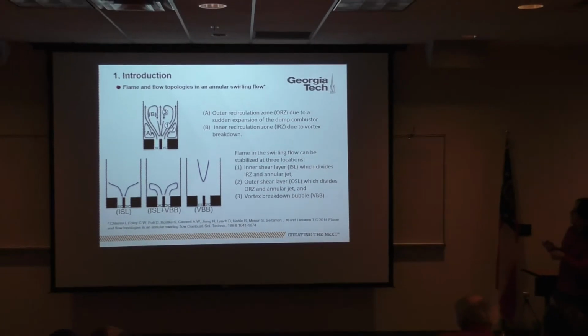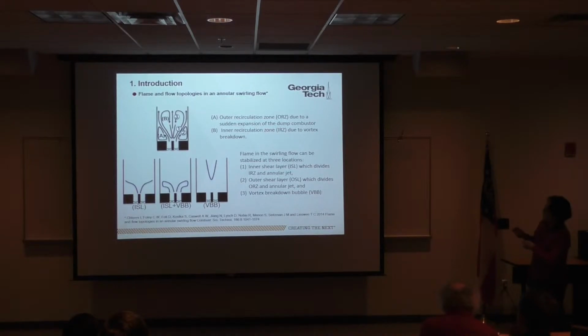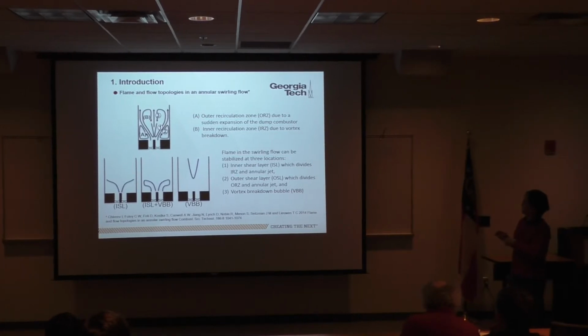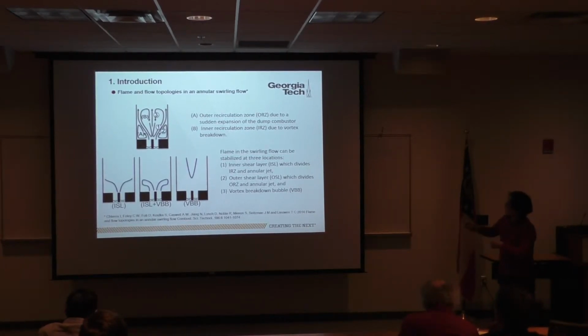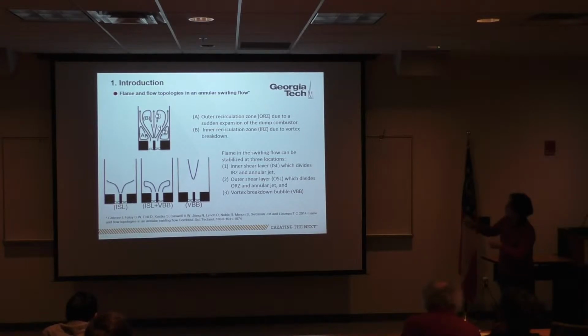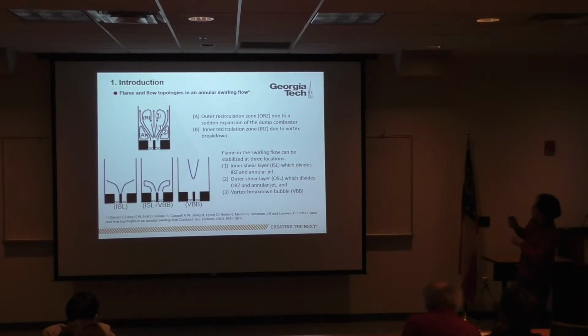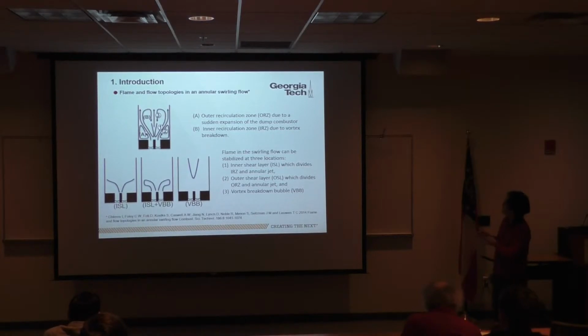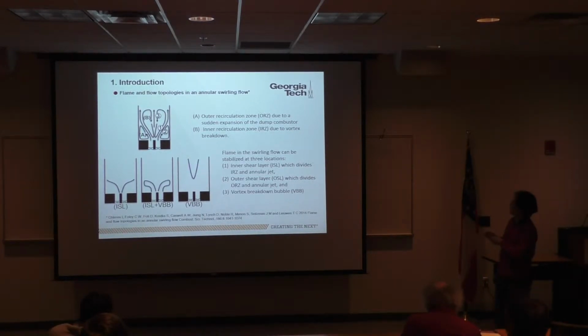Most gas turbine combustors employ the dump combustor with the swirling flow like this to stabilize premixed flame. This figure is the typical flow field of annular swirling flow. It has 2 recirculation regions. A is the outer recirculation zone due to the sudden expansion of the dump combustor, and B is the inner recirculation zone